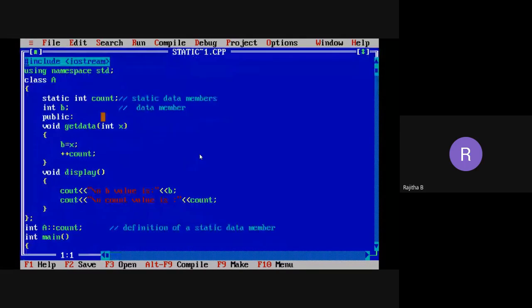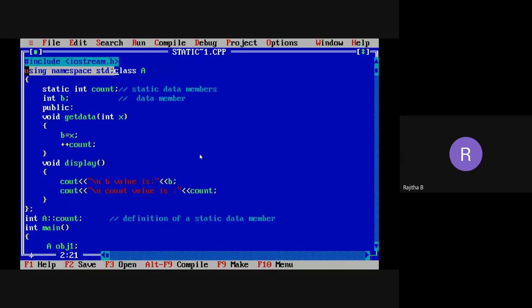Yeah, this is the program, and I want to remove this using namespace std. Why? Because it is a C++ compiler. So simply I'm removing this one, and this is the class name I'm taking. Now you can see this one. Mumtaz, I think. Who asked that question? I am, ma'am. Yeah, Mohammed.